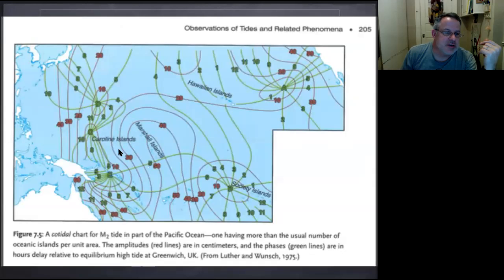Here's just a zoom in on some of these amphidromic points. You can see that they're relatively complex. The Hawaiian Islands, they're in between the islands. The propagation of these is an extremely complex wave topography tide interaction problem. Relatively hard to predict. Not so hard that we can't do it with computers, but hard to predict intuitively where these points would be.